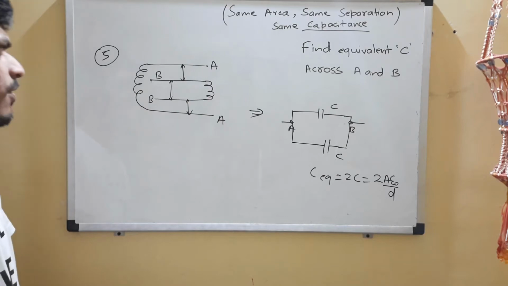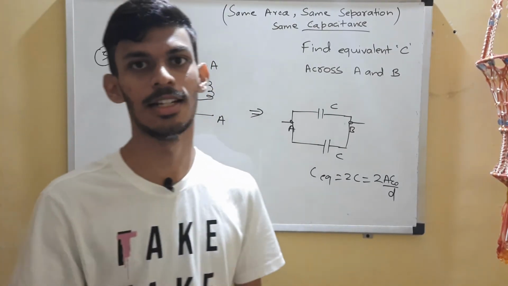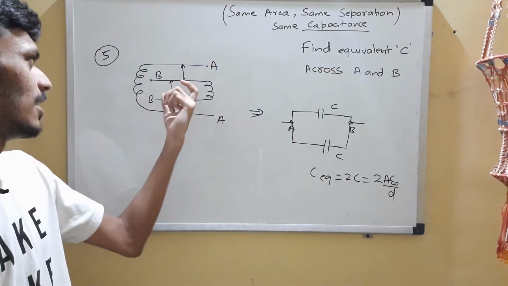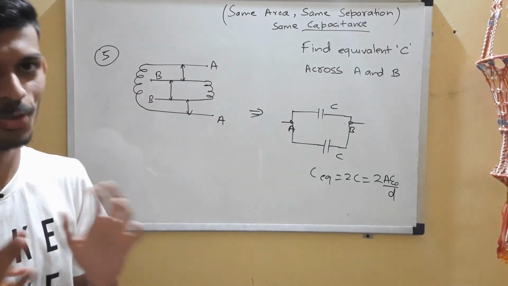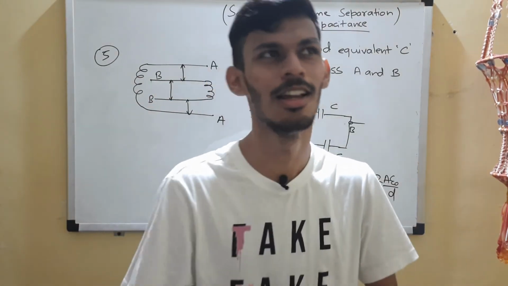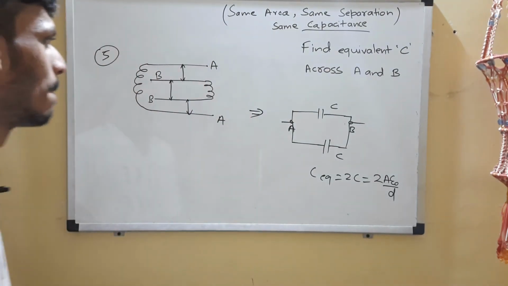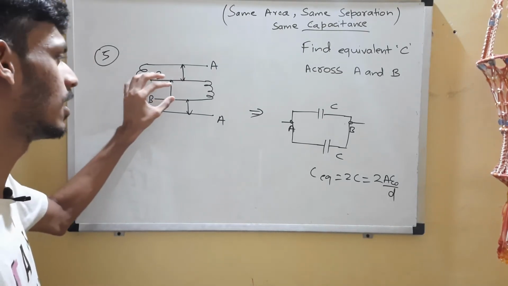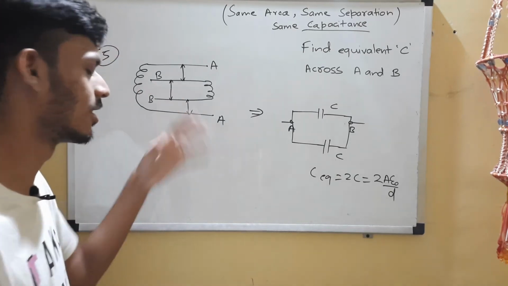Only one special thing about this question was that if you connect the 2 plates of the capacitor, the capacitance becomes 0. This is something that you should remember. A capacitor connected between the same potentials cannot store charge. If you have the same potentials on 2 plates of a capacitor, it won't be able to store charge. So that is one point that I want you to take away. This capacitor, you can just ignore it from your circuit. It's good for nothing.